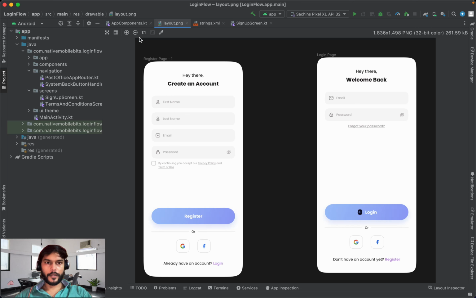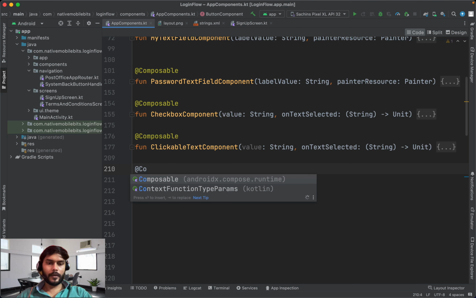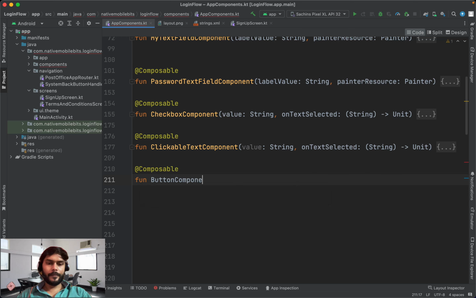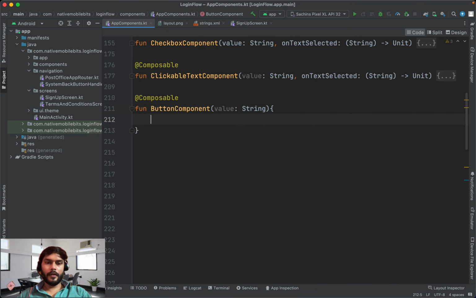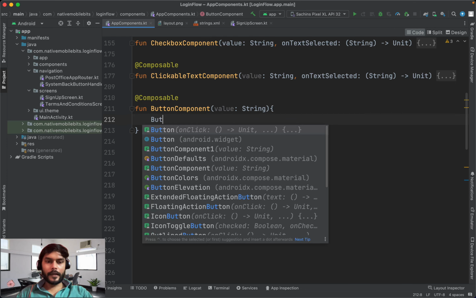Okay, so we will come back to the app component. We will define one composable. We will call it button component. Okay, and this will take one value for the text which we want to show here, register or login, and inside this we will use this